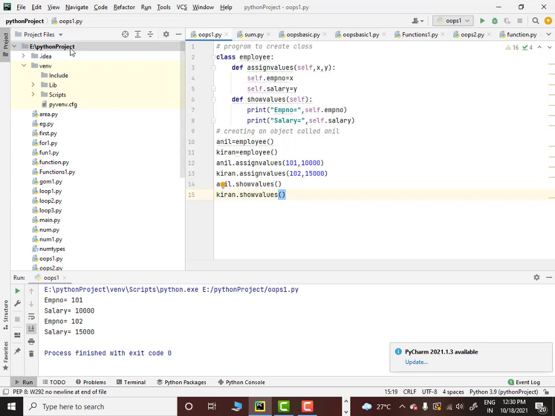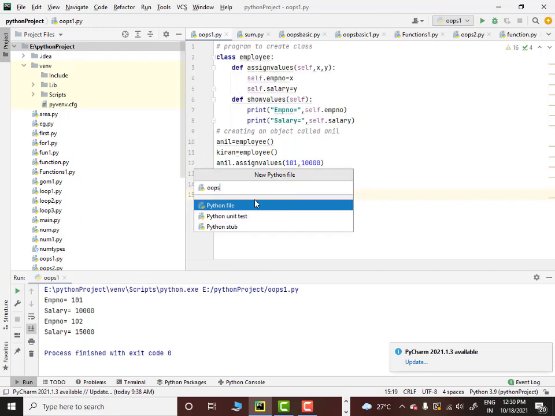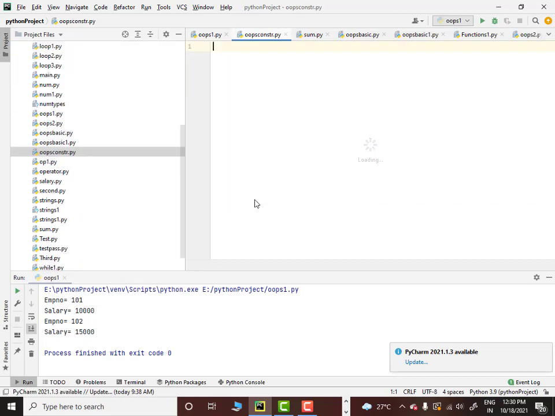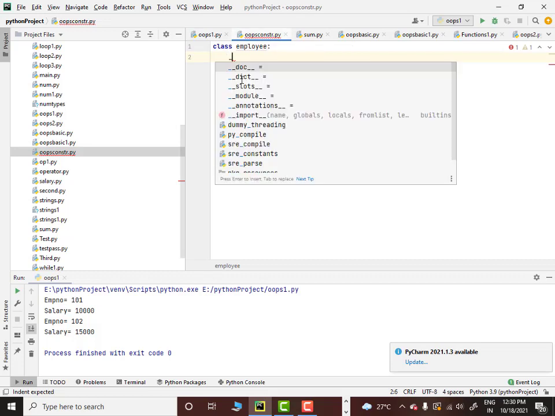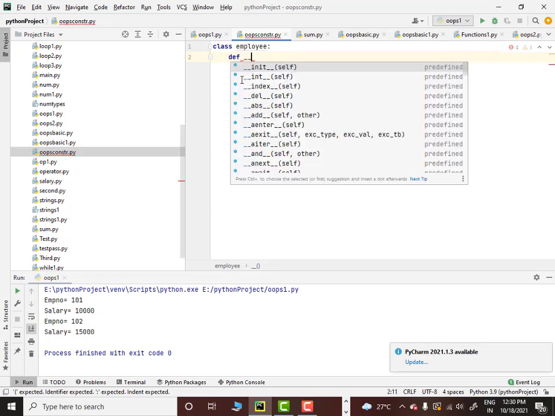So what I will do is I will take a new file now. Okay, now what we will do, we will define a class called employee. In this I am going to put a constructor function. So what is the constructor function now? So we will say define double underscore init.